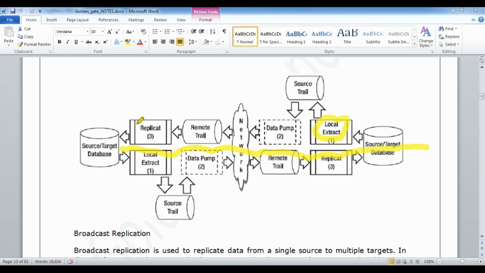So here, bidirectional is nothing but combining two unidirectionals at both ends, one at the source and another at the target. So this is about the bidirectional. Based on our requirement, we configured the required components to achieve the business requirement. And the third one is